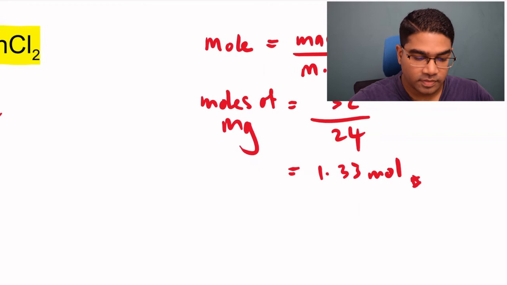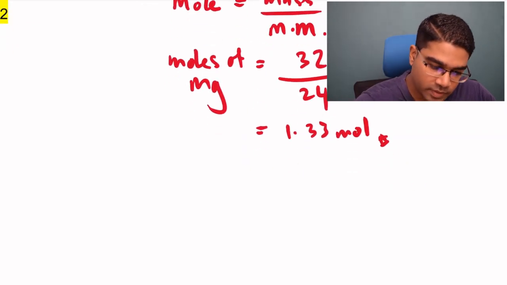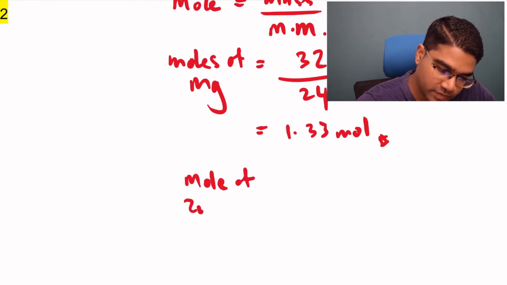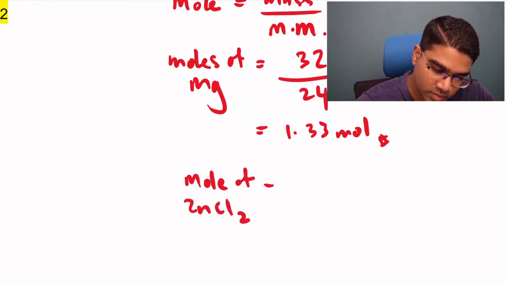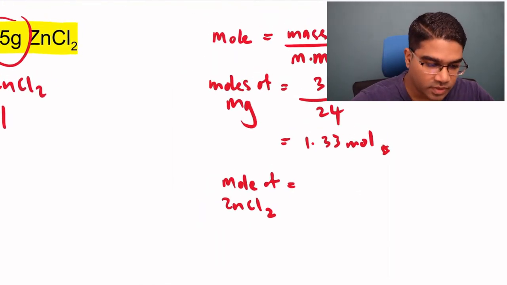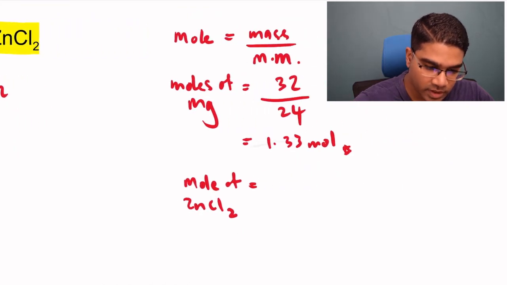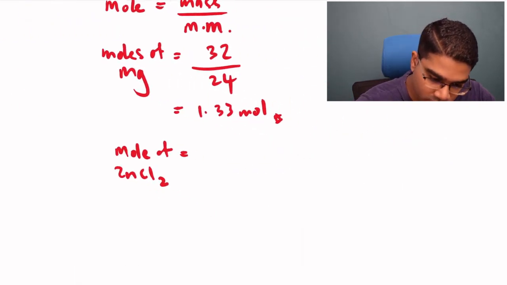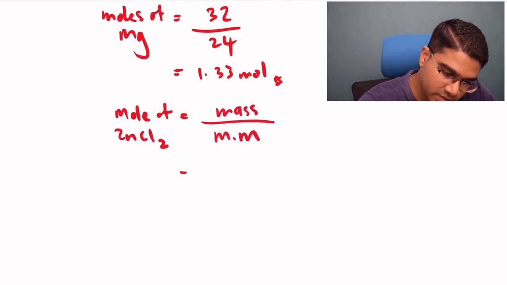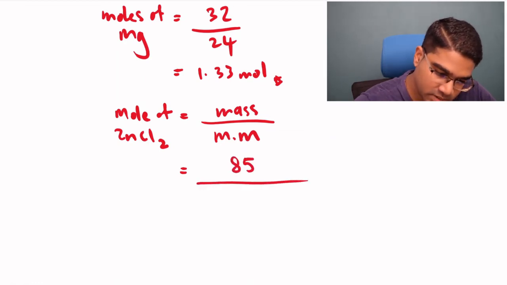So let's find the moles of zinc chloride first. Before we find the moles that will react completely, let's find the moles that are actually there. It doesn't matter which you do first. So the moles of zinc chloride, here we have 85 grams. This will be mass over molar mass again. So we take the mass of zinc chloride, which is 85, divided by the molar mass of